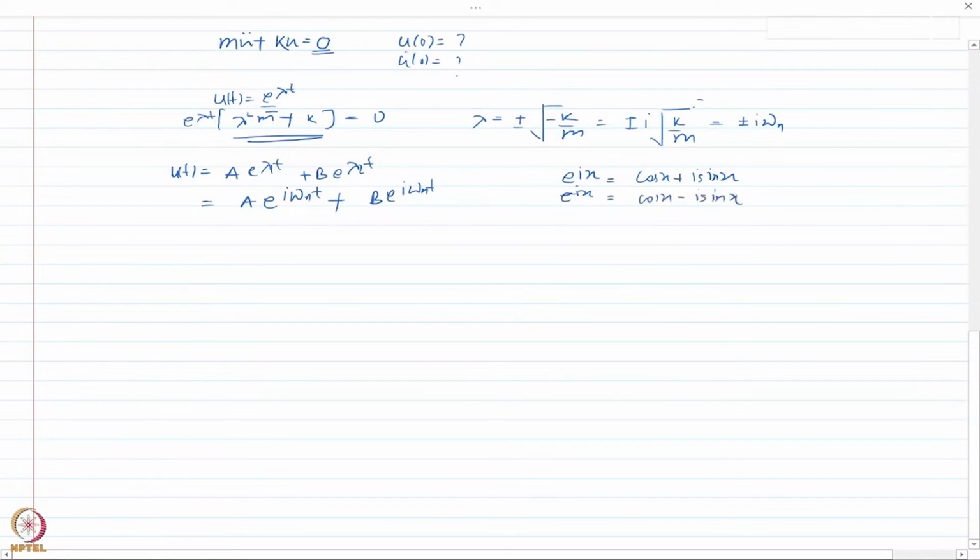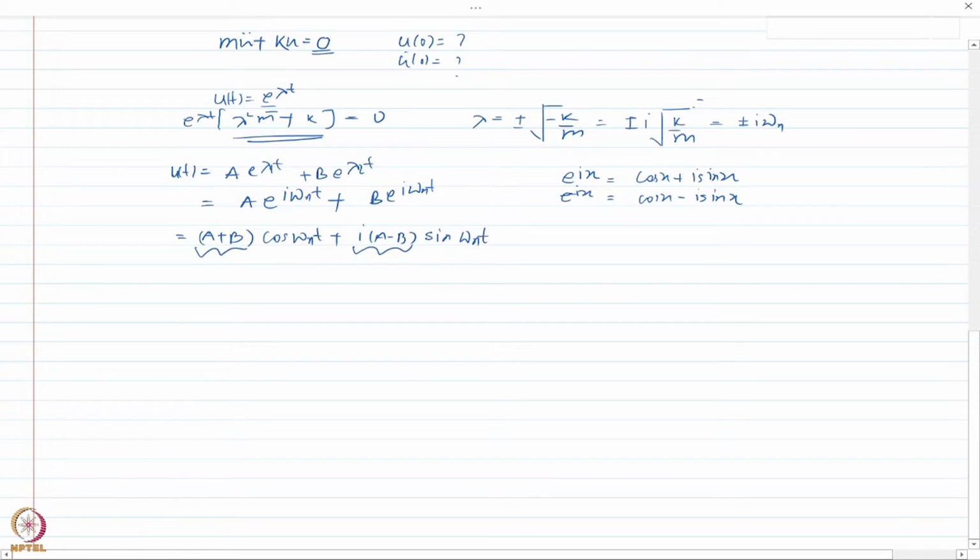So if you make that substitution in this equation here and then rearrange the terms, you will get something like (a plus b) cos omega n t plus i (a minus b) sin omega n t, and again these two parameters